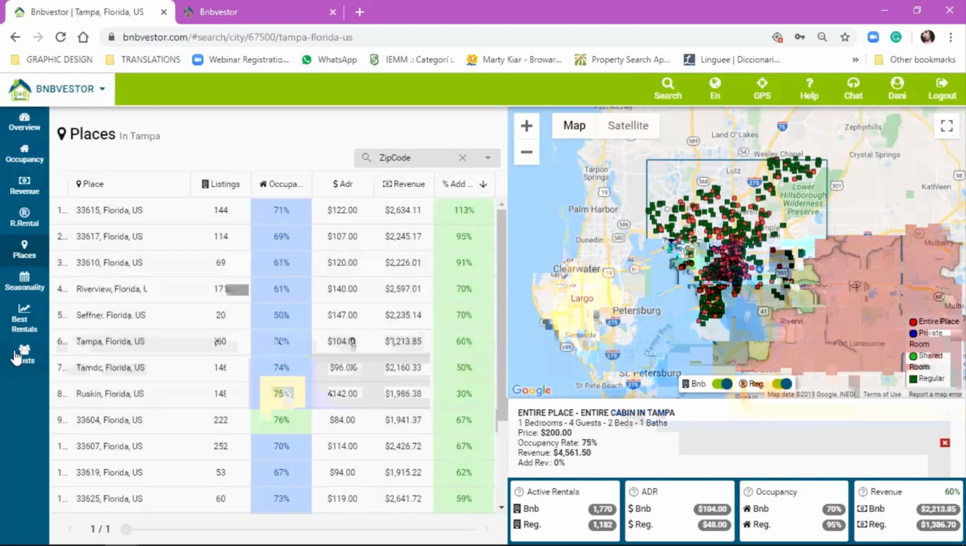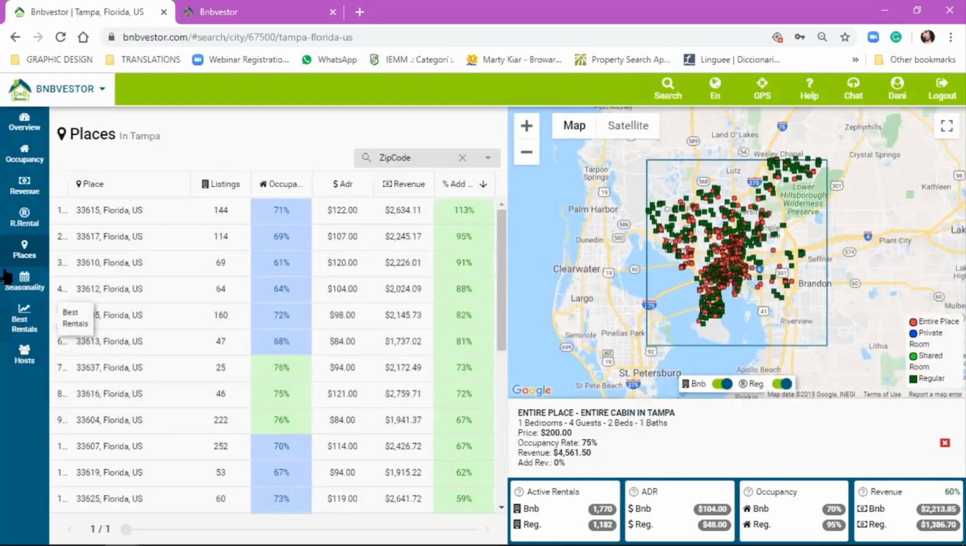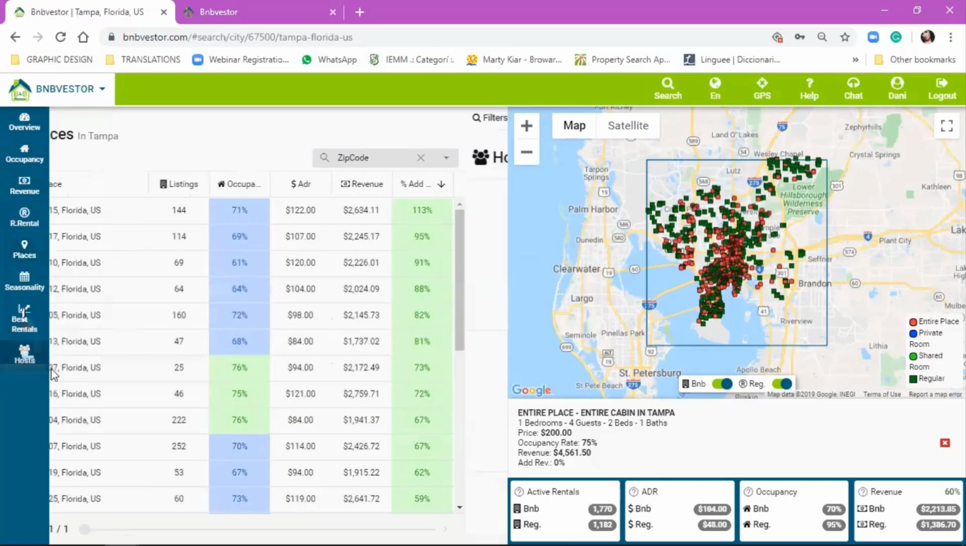But you can also take a look at their hosts in this area of the best properties. I'm going really fast through these other tabs because in our previous webinar, we did touch these in detail, okay? So by host,